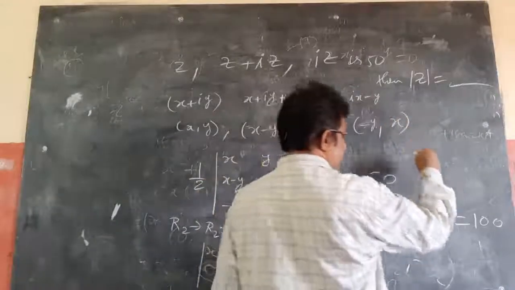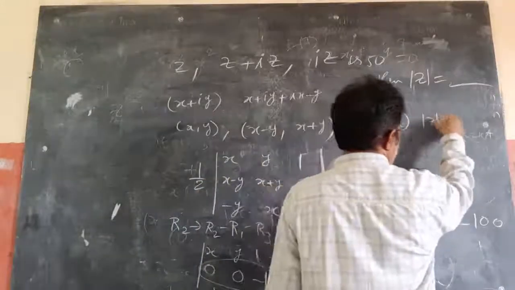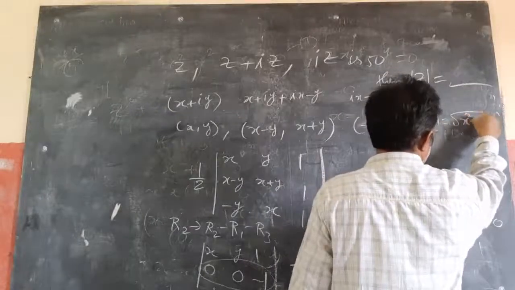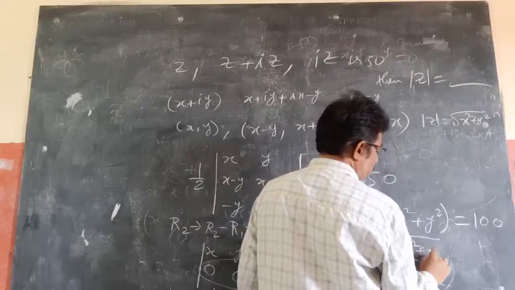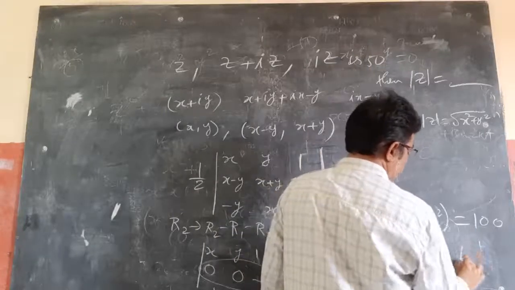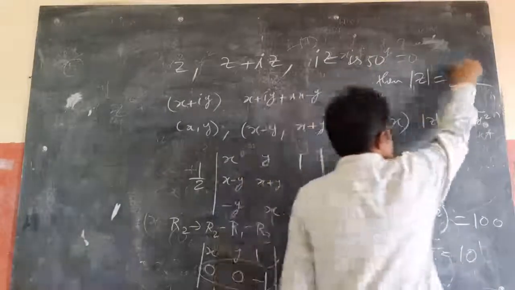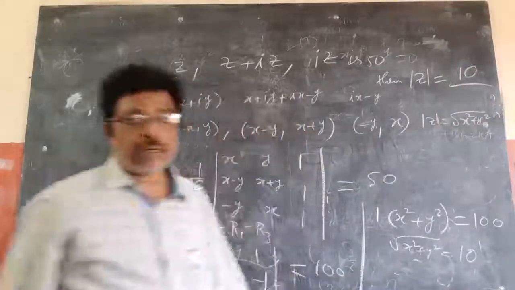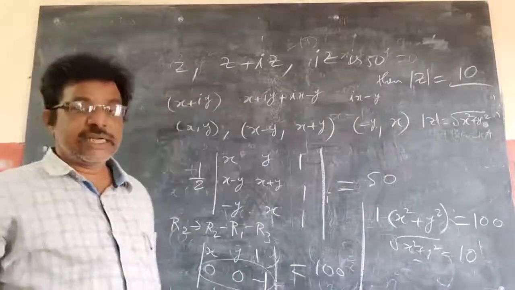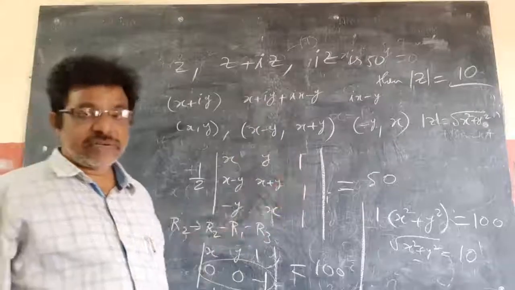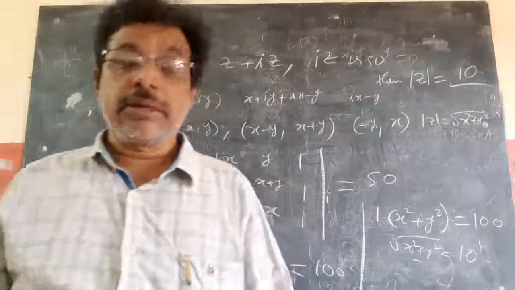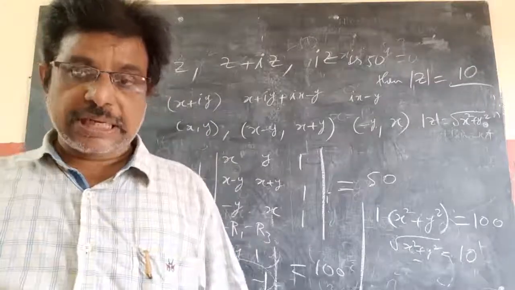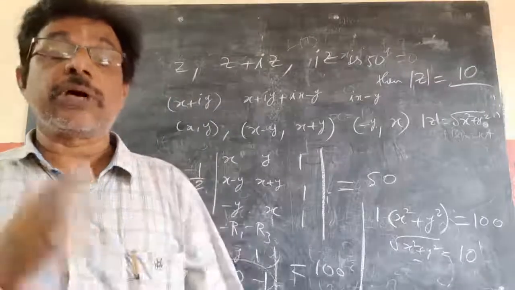It is asked for the modulus. What is the modulus? Modulus is nothing but the root of x square plus y square. So root of x square plus y square equals root of 100, which is 10. So the length of z is simply 10. If this area is 50, then the modulus is simply 10. See, like this objective sums will be there. We will do some more in the next class, or we will go for the next chapter tomorrow. Okay.